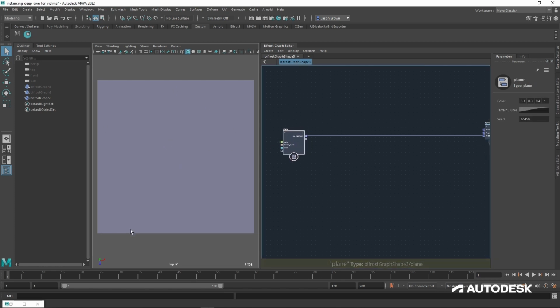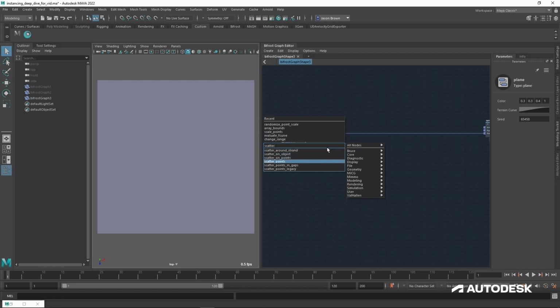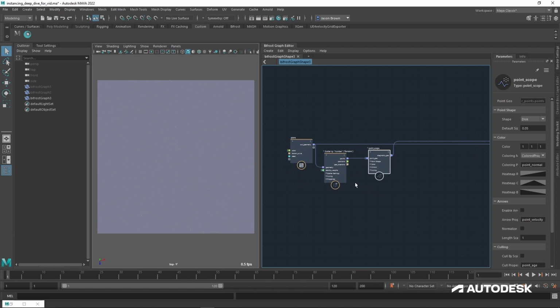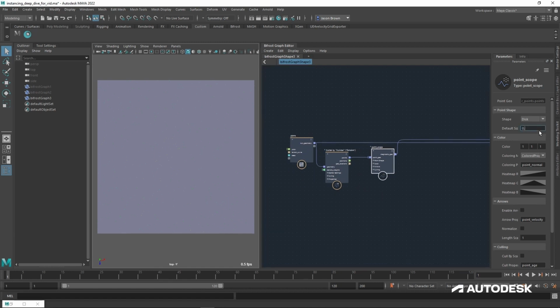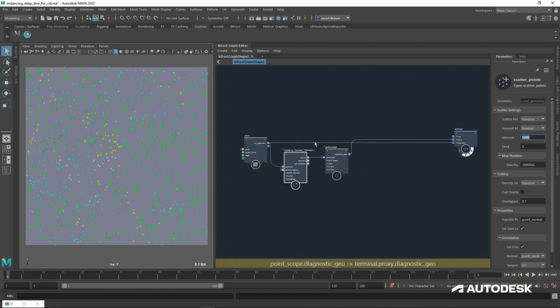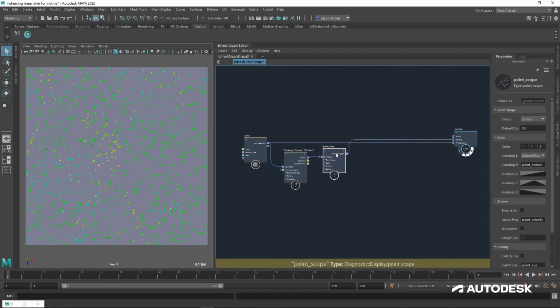and I have this piece of geometry here. There it is. Has a bunch of points. And at its most basic, what scatter points does is exactly what it says. It scatters points. So as you can see, I have scattered a bunch of points on this geometry. To be absolutely precise, I have scattered 1,000 points on this geometry, and I have done it in a random fashion based on the number I'm giving it here. That's as easy as it gets. That's the basic scatter. I'm going to scatter a random amount of points on an object with some rules.